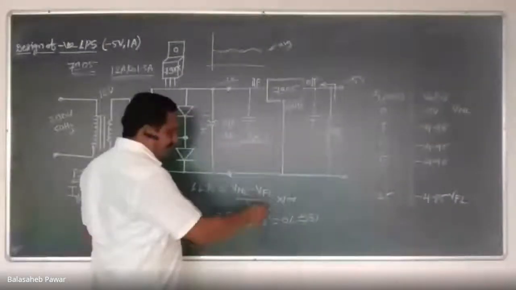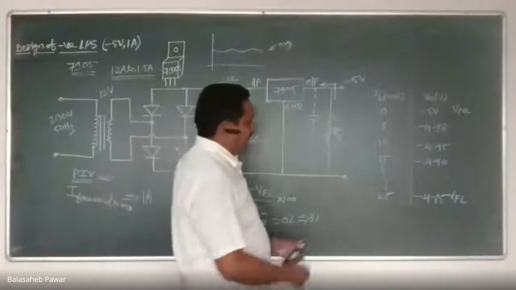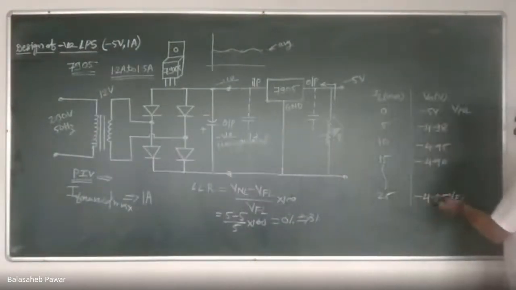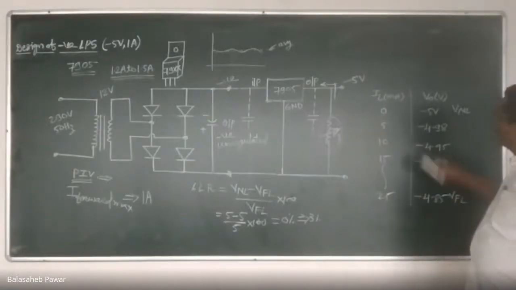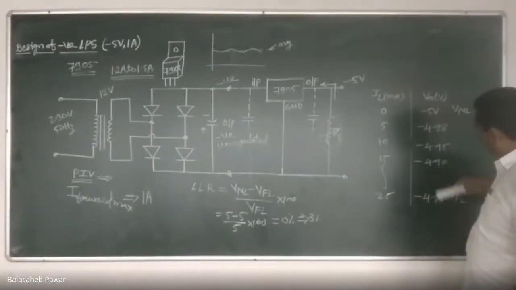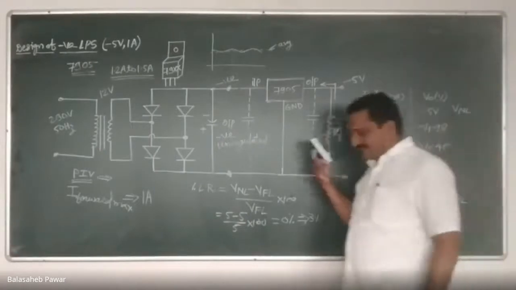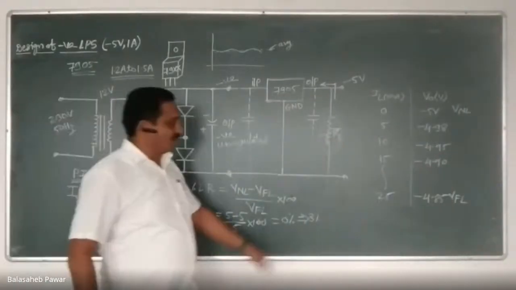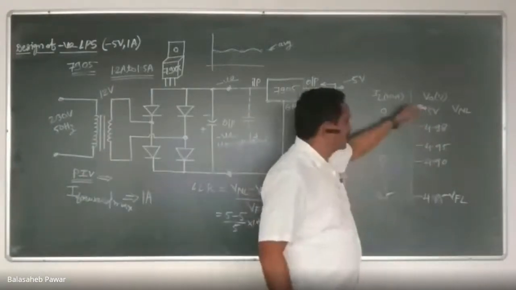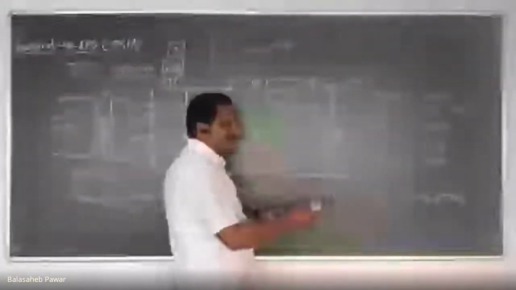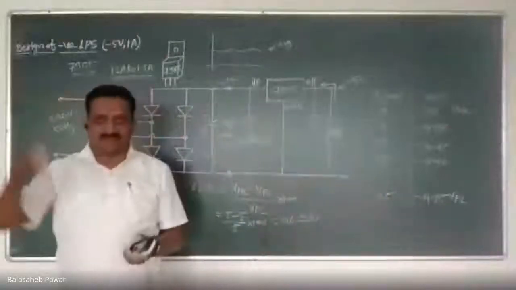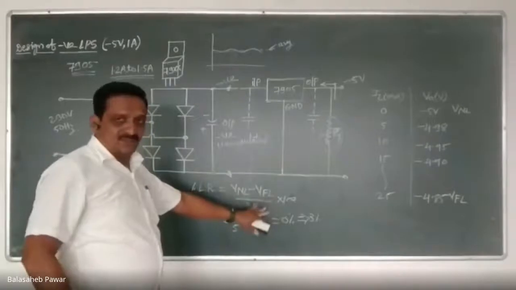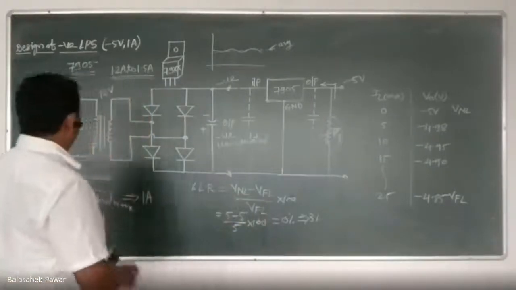Now, what care you have to take: practically, at 25 milliampere, the obtained output voltage might be like 4.95. Whatever change I consider here, this much change you might not obtain practically. So whenever the voltage at full load is closer to the voltage at no load, automatically your percentage load regulation will improve and be closer to 0%. But practically, it will not be 0. Remember, that thing you have to remember.